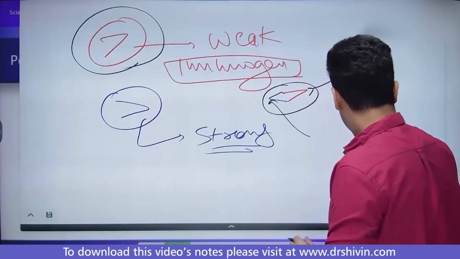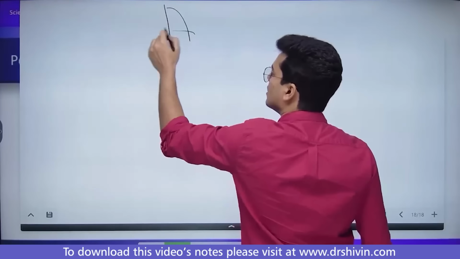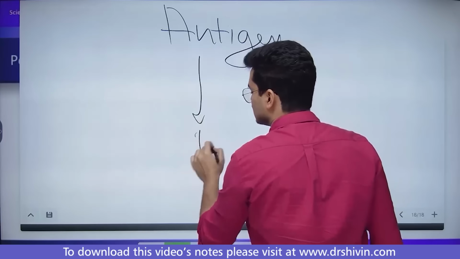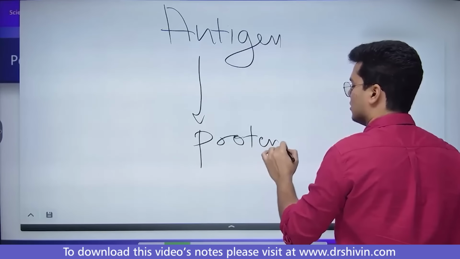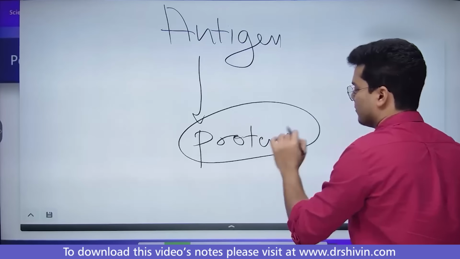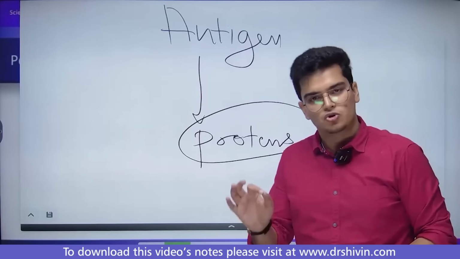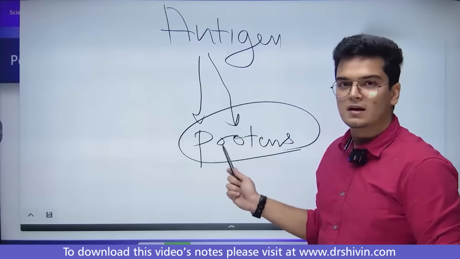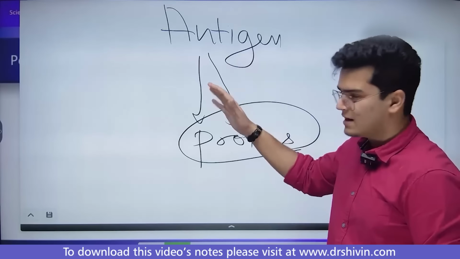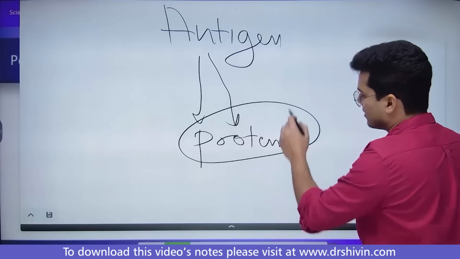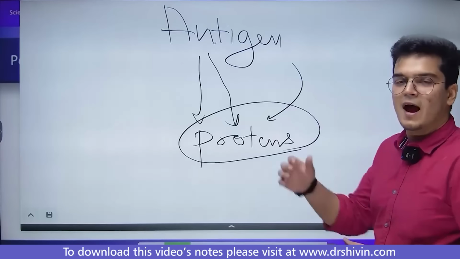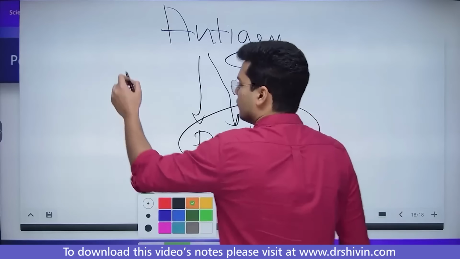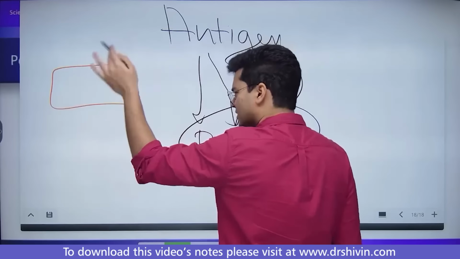Most antigens are proteins, and our body usually has good ability to generate immunity against proteins. So most antigens are strong because they are proteins, and our body has good ability to recognize and generate immunity against protein. But some antigens in some bacteria, or in some viruses, let's say in some bacteria, what happens is